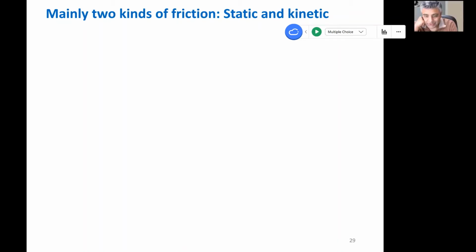Right. So how does walking occur? We push the ground and the ground pushes us back, right? But if there is no friction, the ground cannot push us back like that. So we are trying to move in a horizontal direction, which means we are pushing the ground in the opposite of the direction we are trying to move. And the ground should push us in the direction we are trying to move, right? So in that case, what happens?